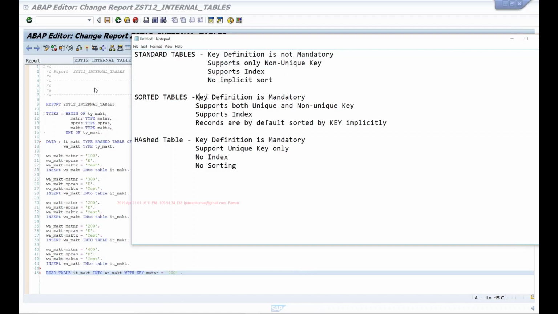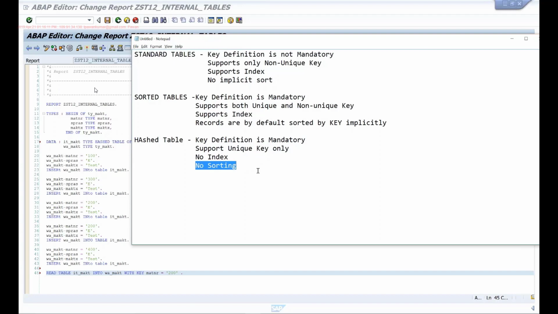Whereas for sorted tables, you have to specify the key, and it can contain both unique and non-unique key. It supports the index, so you can use index access, and it automatically sorts the records based on the key implicitly. And for hash tables, again, key you have to define, supports unique key only, no index, no sorting.